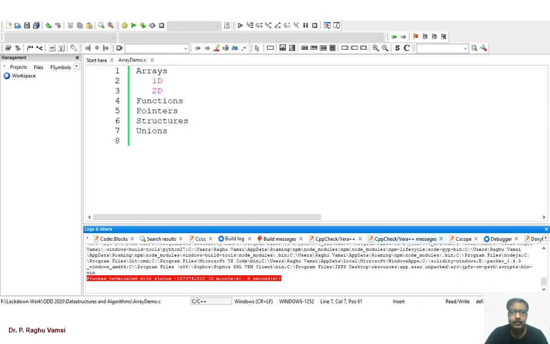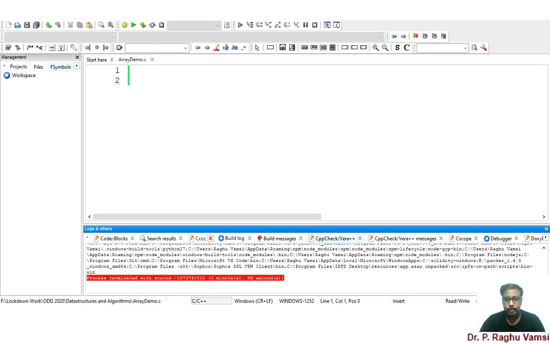In this video, I am going to explain the essential concepts that are required for learning data structures. This will help the students who might have studied computer programming in C a long back and want to study these data structures using C programming. So for them, this particular video will help to brush up the concept of the important topics such as arrays, functions, pointers, structures, and unions, which are required for developing data structures and algorithms concept or understanding the algorithms concept. So let us start.